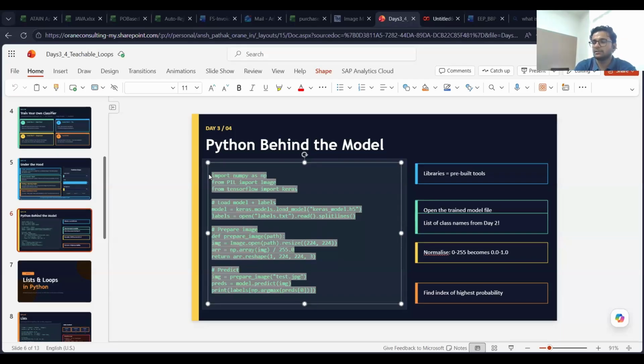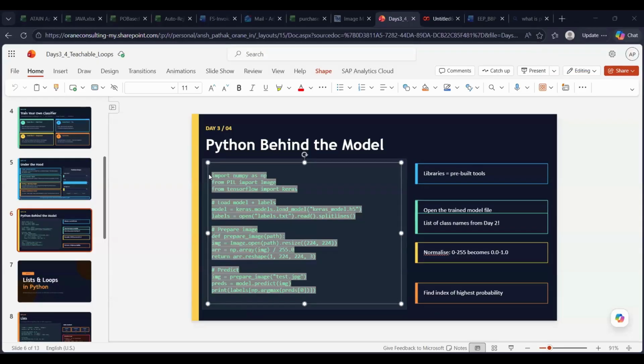So basically, it's an API in TensorFlow. It's written in Python, and we can use it to call multiple models which are already pre-trained to some extent, not highly trained models, but pre-trained models that can be used for some testing purposes. All right.